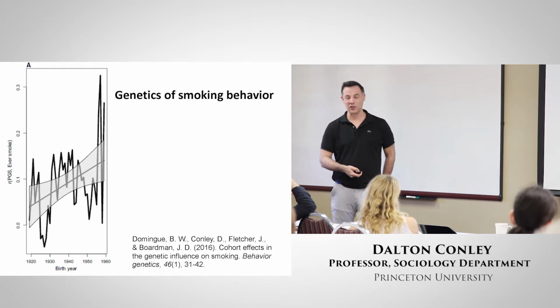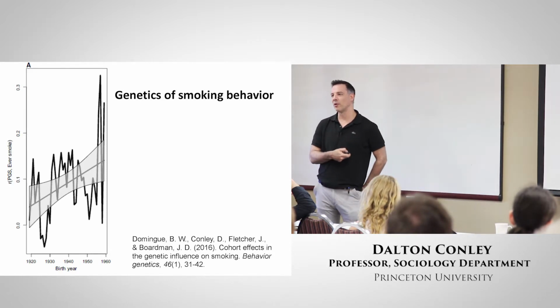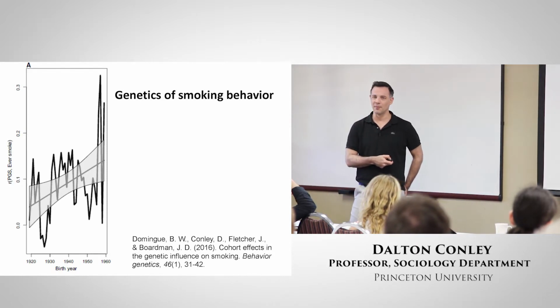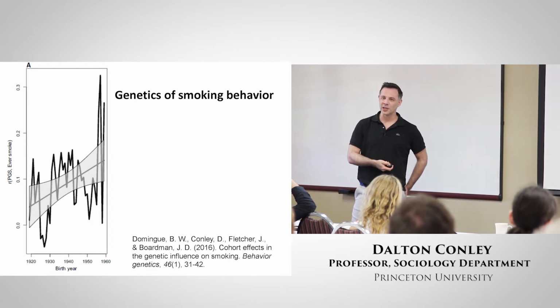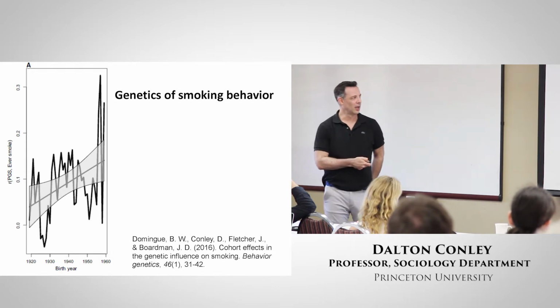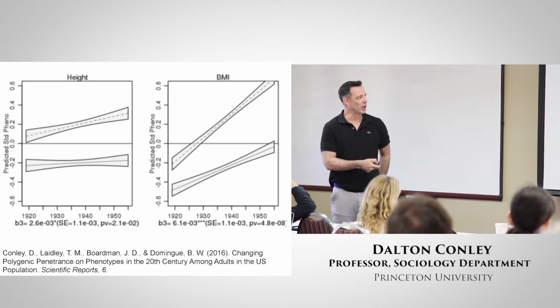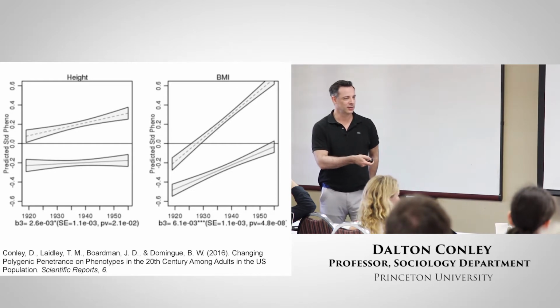There's, of course, especially with smoking, the single biggest one where there's mortality bias. People have to survive to be genotyped, and smoking kills you pretty quickly. So that's the one that shows the biggest mortality bias. If we look at height and BMI,